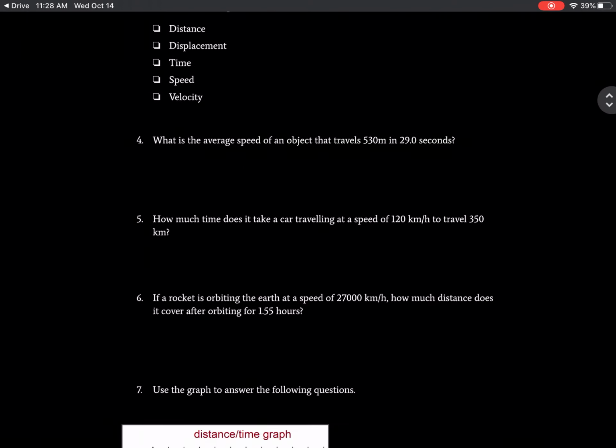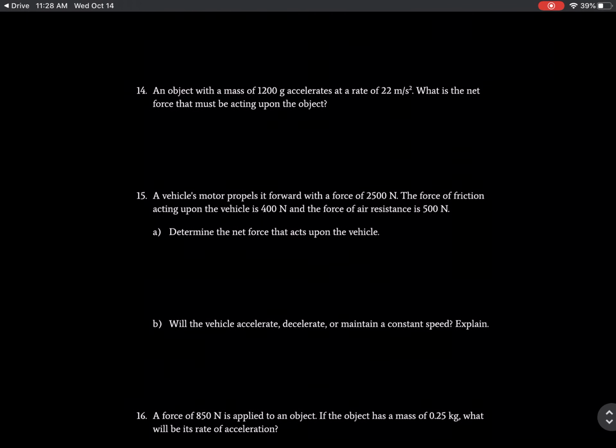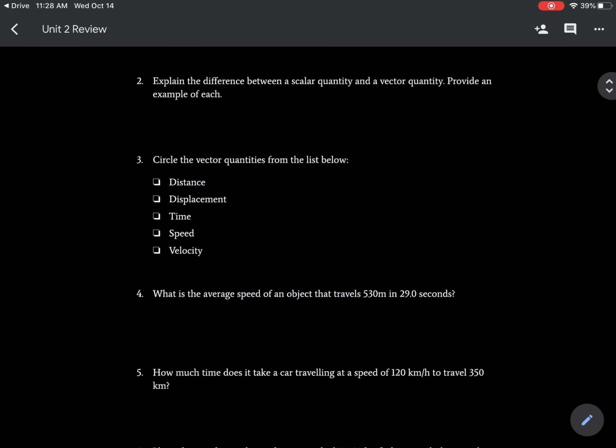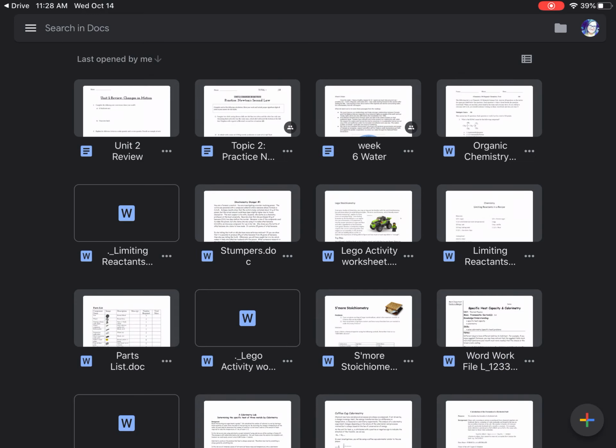So you've got some Unit 2 questions that you need to do as well, and then that'll finish up the physics unit. I'll probably post a quiz or a chapter test on this by the end of the week. So please get on that, because tomorrow I will probably start on the third unit. We don't have a lot of time left, so we need to continue going. It's your responsibility to get this work done and stay on top of things. Let me know if you need any help with